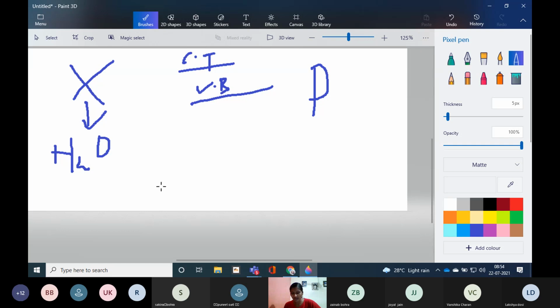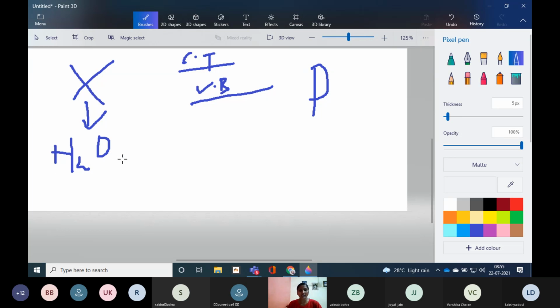Why? Because in the second paragraph on page number 17, a term is there. Can you see phloem? Can you see that term? Yes, ma'am. Page number 17, second paragraph, last line, you have a word known as phloem. So for understanding phloem, I am describing this. You don't have to write this in the exam. This is just for your understanding. This is not in your book. So we have xylem and phloem, the conducting tissues inside the plant body.